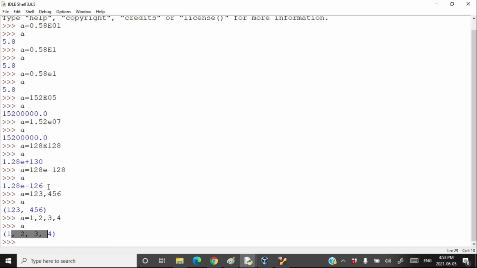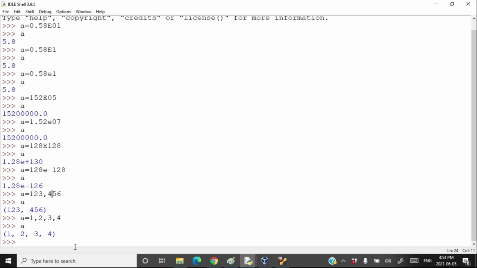So if you provide one or more commas in an integer literal or in a floating point literal, then the Python interpreter will not throw any error. It will silently create a tuple and assign that tuple into A. Of course, because of the comma, the Python interpreter is not going to create the integer or the floating point literal. It will create the tuple, and that tuple will be stored in A. And of course, you have not intended to create the tuple here. We will learn more about tuples in the coming videos.